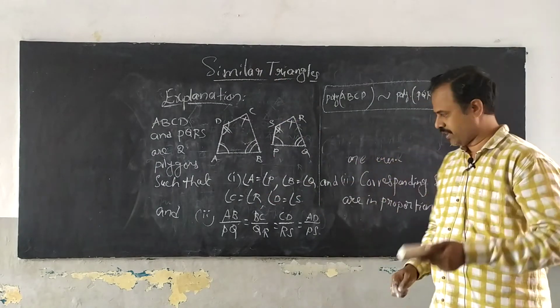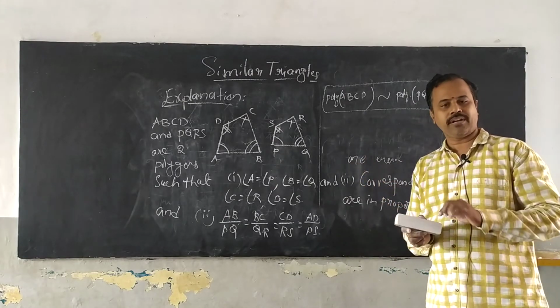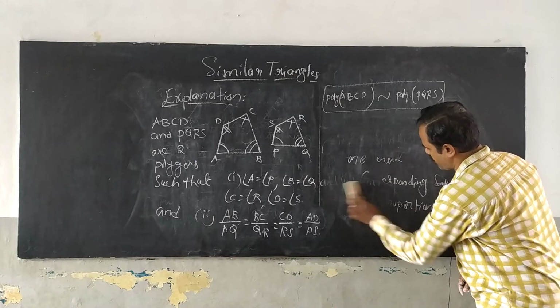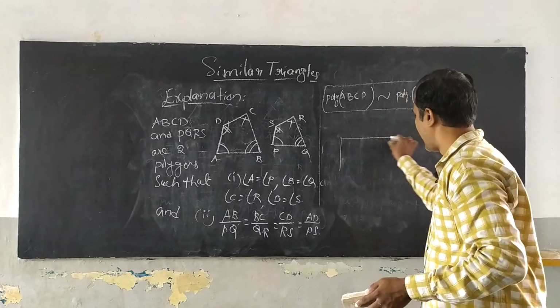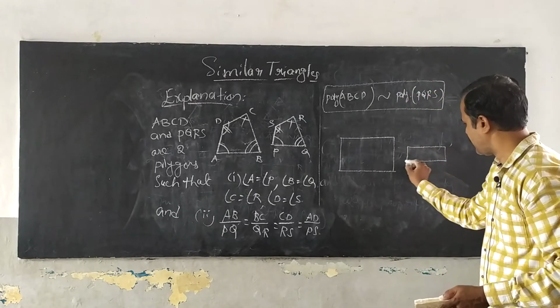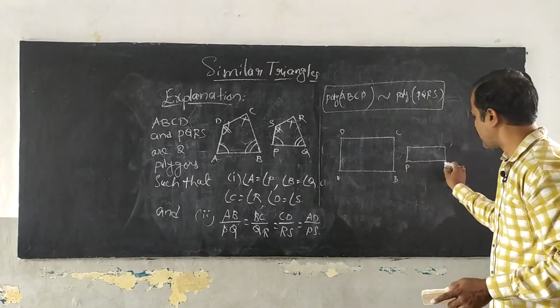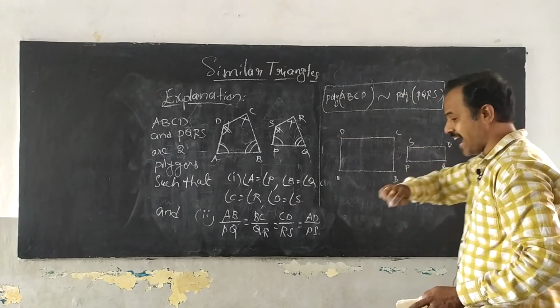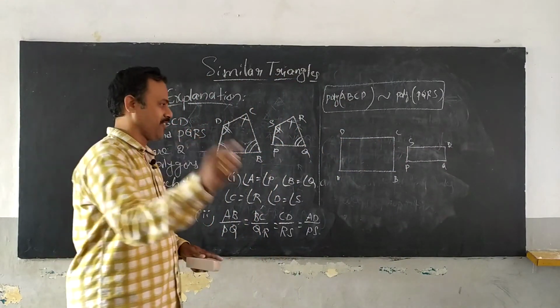Okay guys, very good. Right, now I think you understood it very clearly. And now, why didn't we say the first question? Example 5, do you remember that one? So I take a rectangle here and I take one more rectangle here. We have taken A, B, C, D and we have taken P, Q, R, S. I said to you that they are not similar. Now you can say it very clearly.